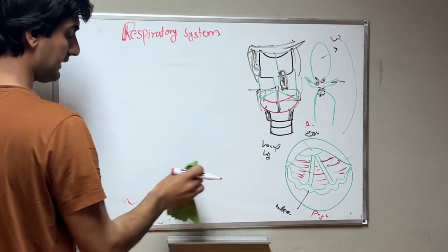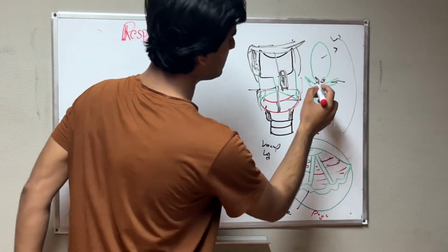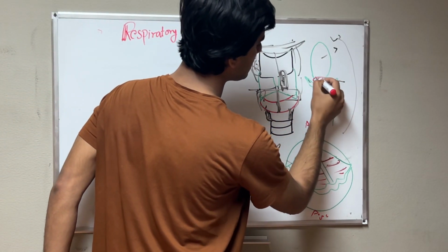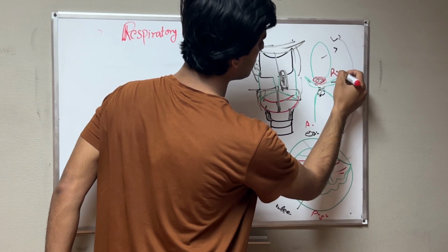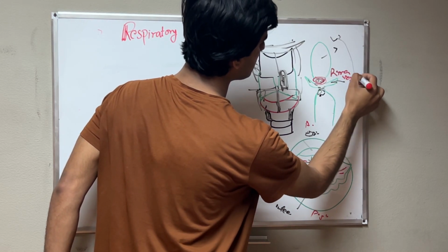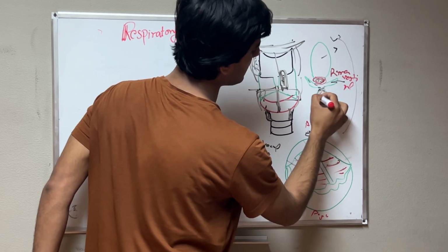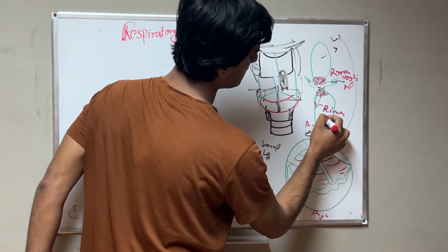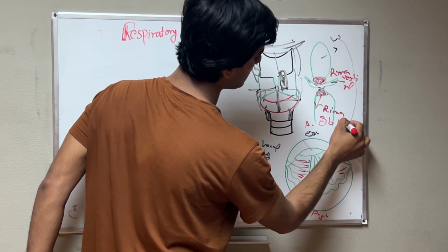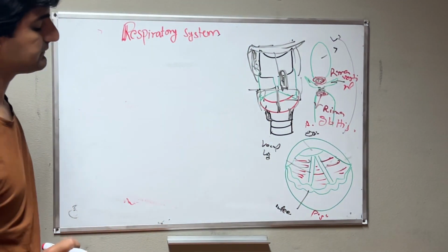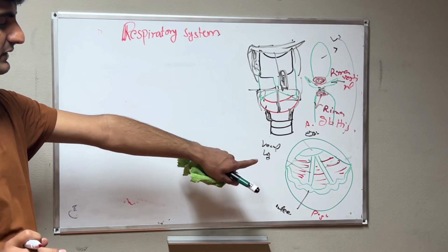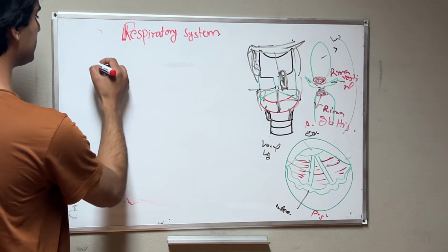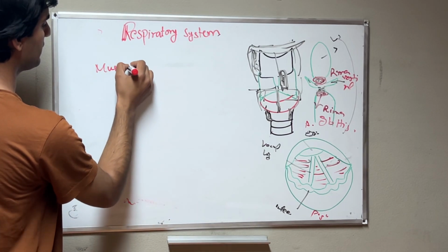Now about the rima glottis: this is the rima vestibuli, and here we have the rima glottis, or glottis. Now we understand the phonation system, because this is a muscle. Now if you talk about the muscles of the larynx,